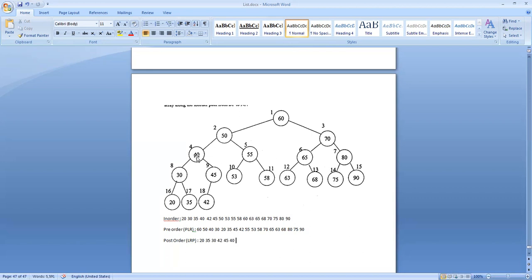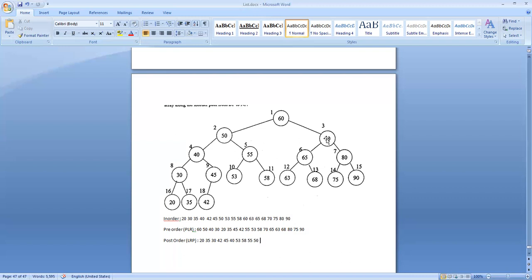Then the right sibling of 40, that is 55. 55 is a parent, so 53, 58. Then the parent 55. 40, 55, 50. Then the sibling of 50, that is 70.